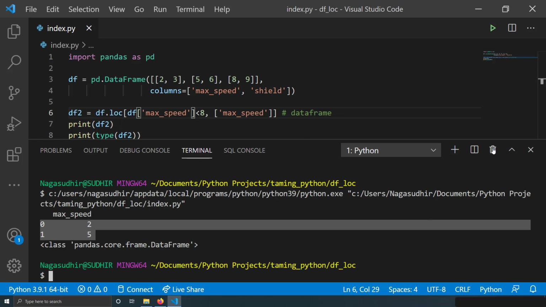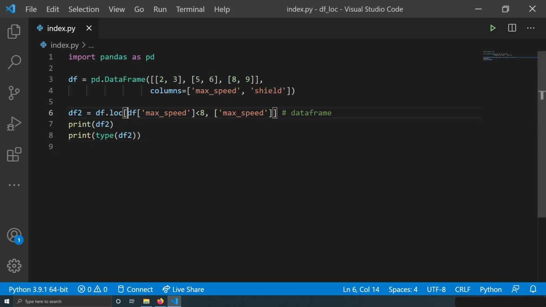So what's happening is that I can give a list of trues and falses in the first argument. Instead of giving trues and falses, I can even give a criteria that produces a list of trues and falses. You can see in our previous video on iloc, I've told you that if you run some Boolean logic on a column, you can get trues and falses. So that's what I've done here. So this way you can exploit the loc function to run data frame row filtering logic also. This is also very important, guys. It may be useful for you in your data science projects.